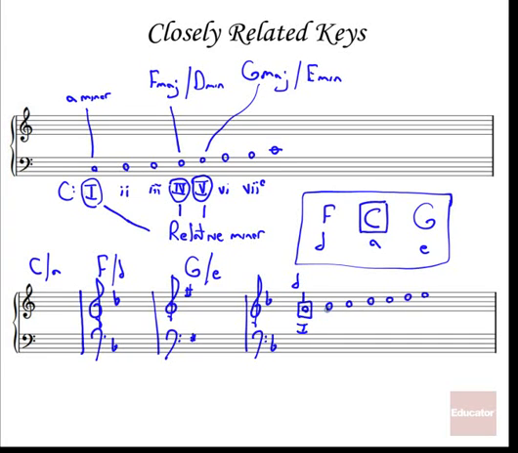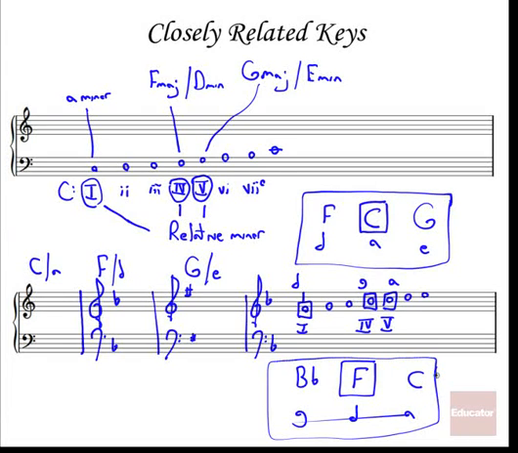So 1, 2, 3, 4, and the 5 chord. So we've got B flat major or G minor, and then C major or A minor. So we can make a similar diagram for F major. So on one side, we've got B flat major over here and C major over here, and then the relative minors, D, G,